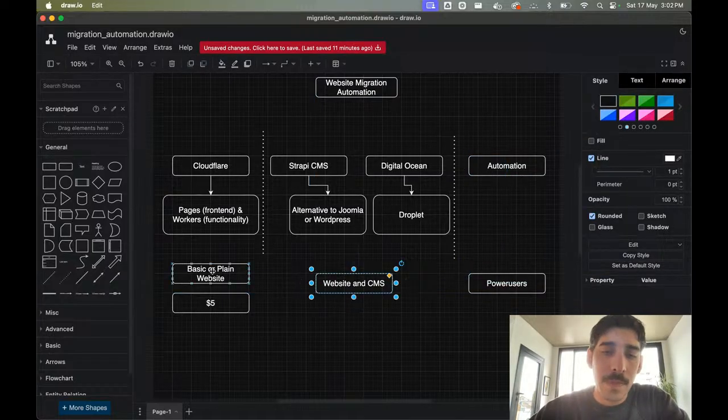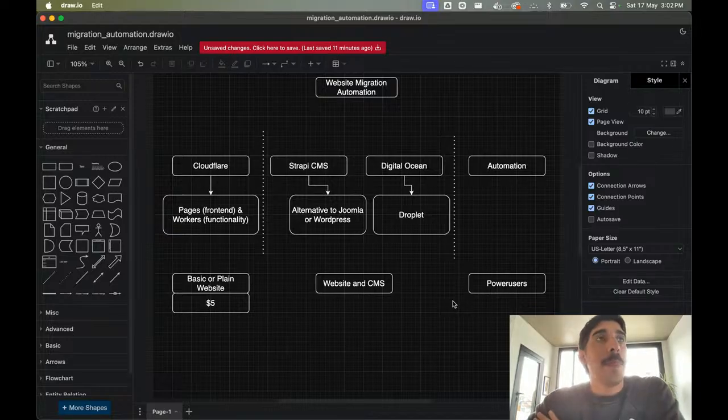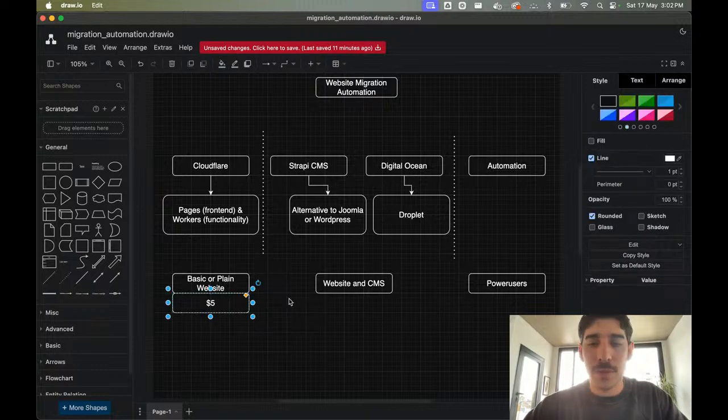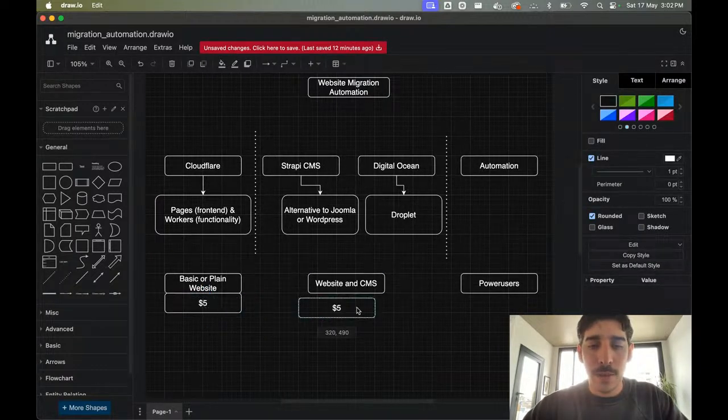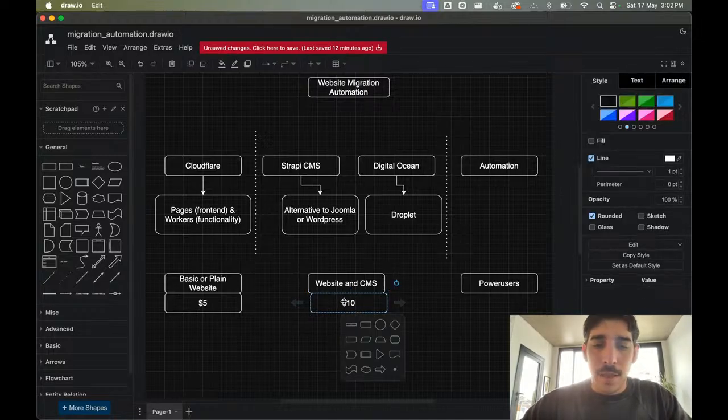But if we are going to be using n8n for our service, maybe we find some patterns that we can offer as services for other businesses. We are probably going to be able to find some of that, and this could have another plan. Say this one is 5, this one will be 10, this one could be 15.